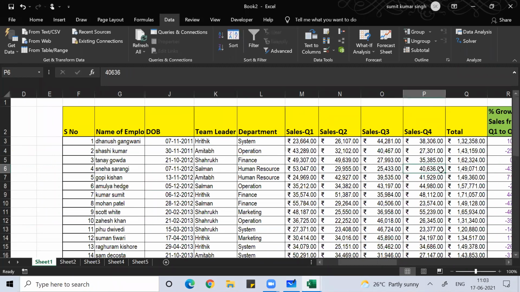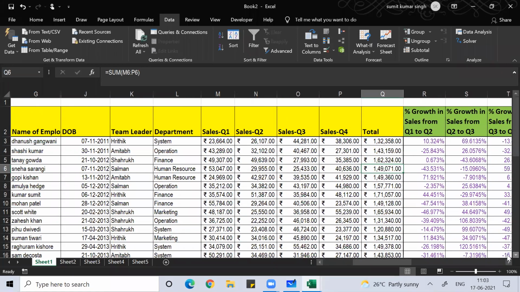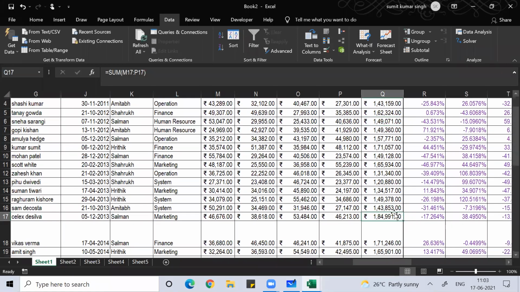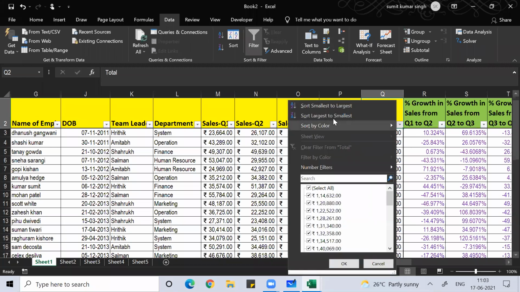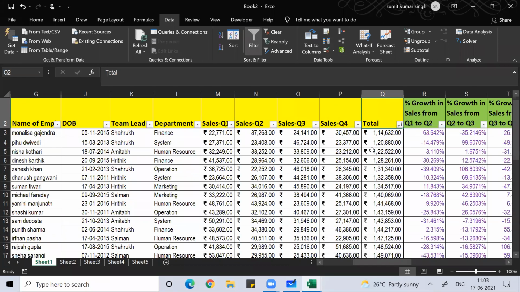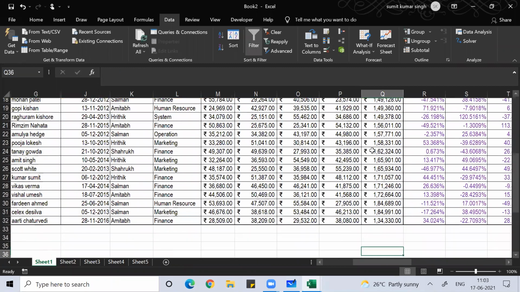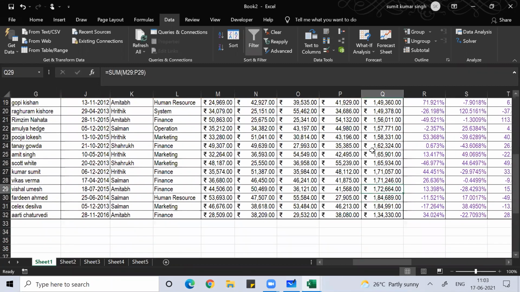Like if you see the total sales, guys, if I arrange this total sales in ascending order, Alt D F F, from smallest to largest, you can see you have the sale from 1 lakh 14,000 to, why is it not coming in ascending order properly?